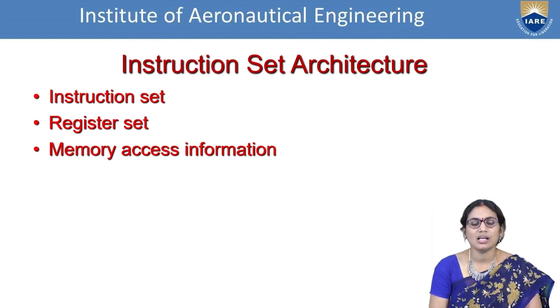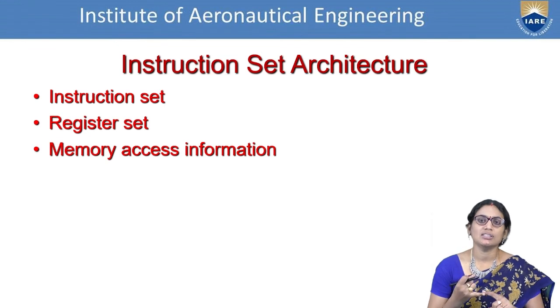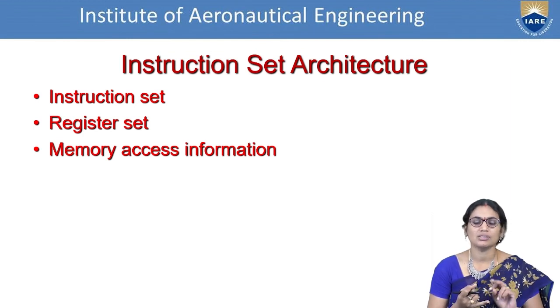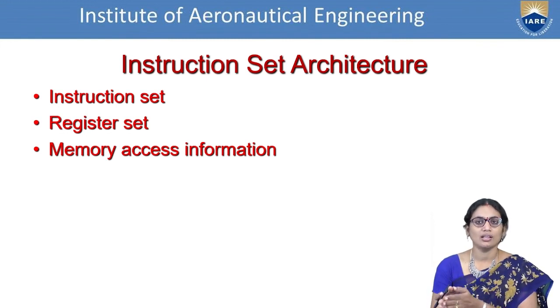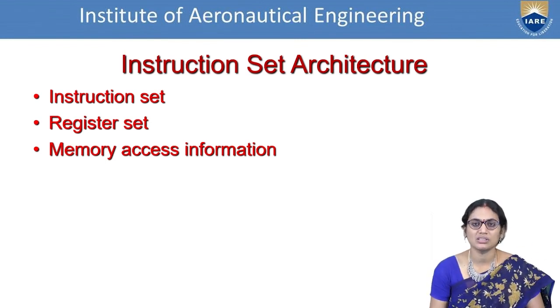Now, the instruction set architecture is generally composed of 3 basic things. One is the design of instructions, how many instructions can be executed, the set of instructions you need to provide. Next, what forms of registers it can use to handle the operations. Should I use data directly from memory or should I handle the instructions from the register? That kind of thing you have to consider. And how do you access the location from memory? Is it taking much time to access, or are we maintaining any simple, shortest representations to access the data from the memory?